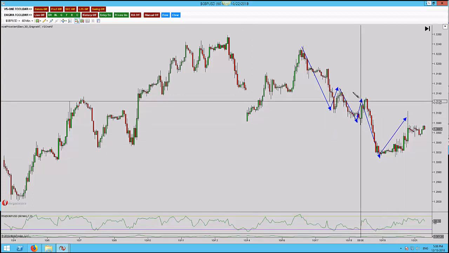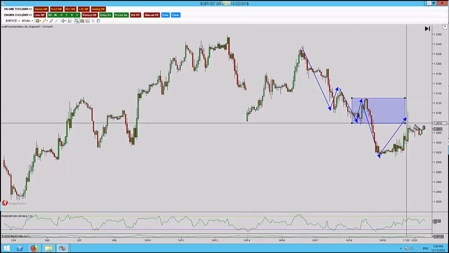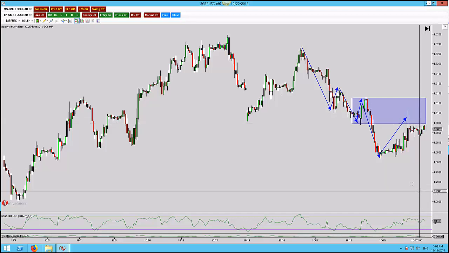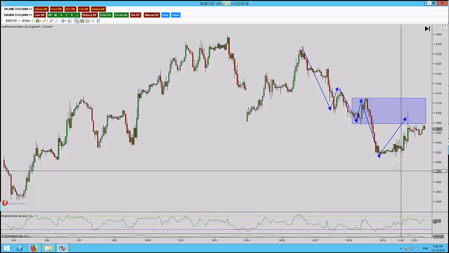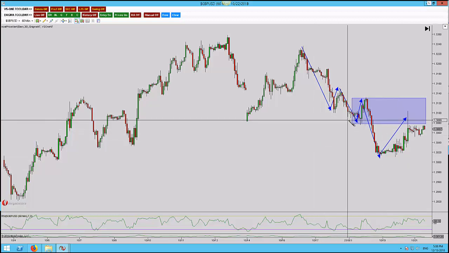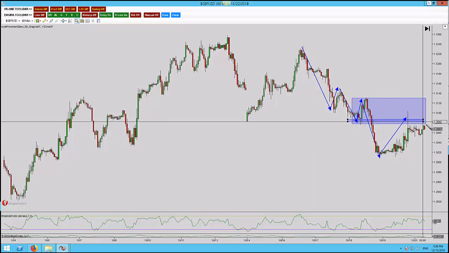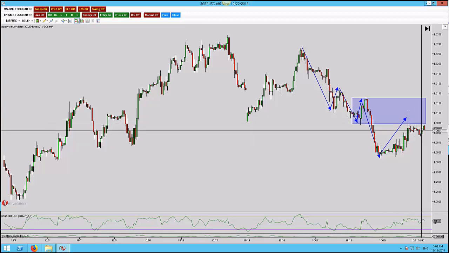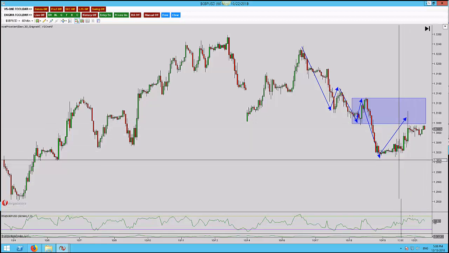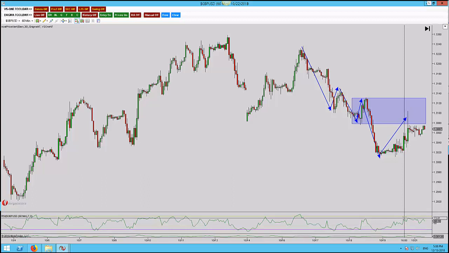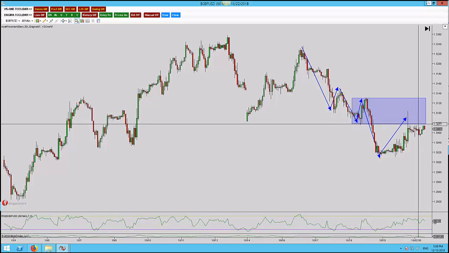pulling back, based on the fact that I think this is the reversal on the higher time frame. We'll be looking for shorting opportunities. We have come into the wicks here, so you could be looking for a first chance entry. Double top, it has technically happened, though there's no RSI confirmation. Oh well, there is. I can actually take the RSI at 70, but this isn't good enough for me, so